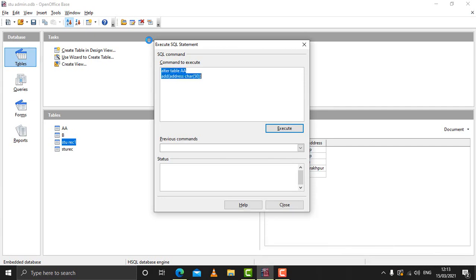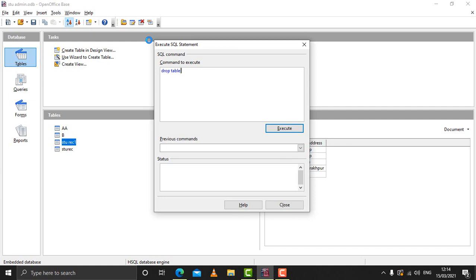So the next command is drop command. If you want to remove a table from the database, that means if you want to delete all the rows and columns from the table and the table itself from the database, drop command is used. The format is drop table, and then the name of the table which you want to drop.